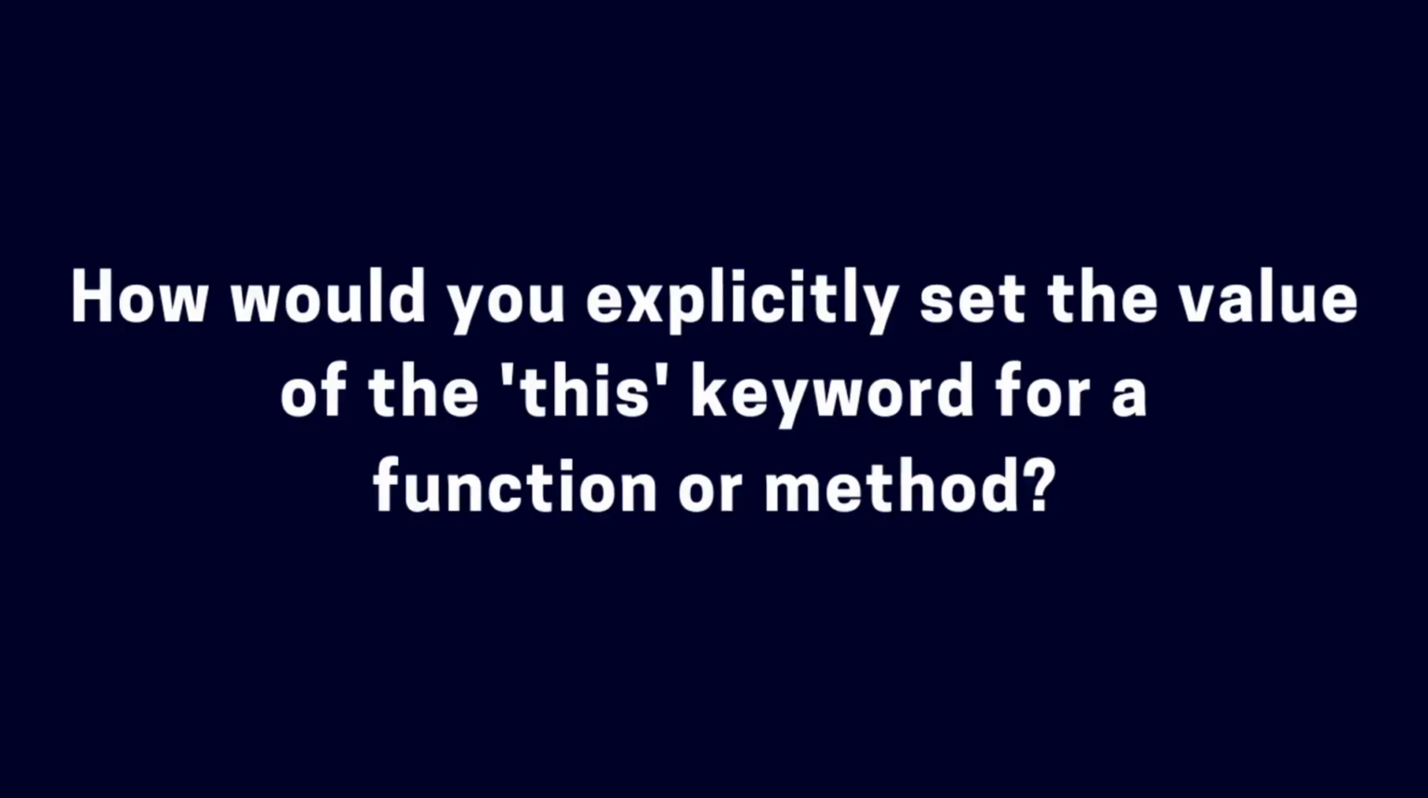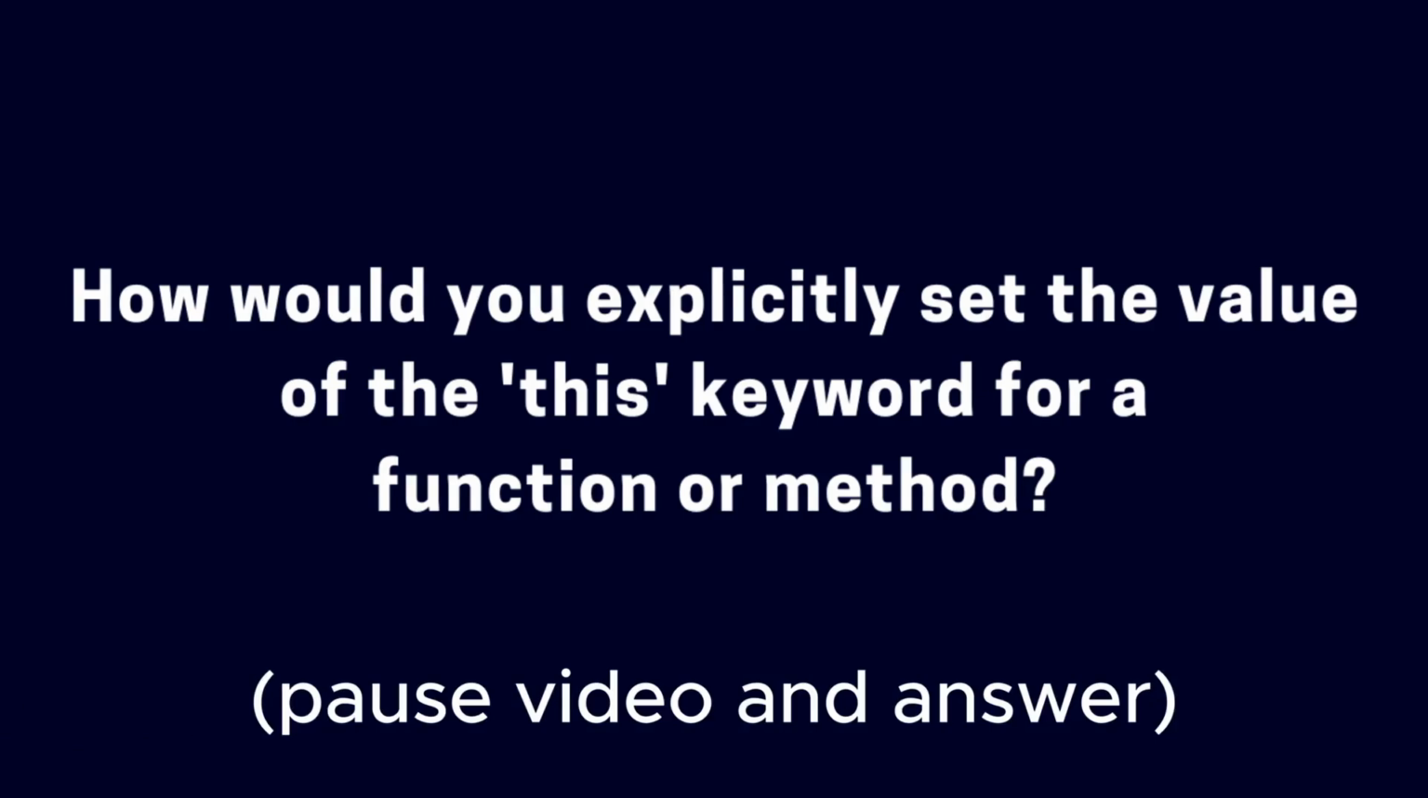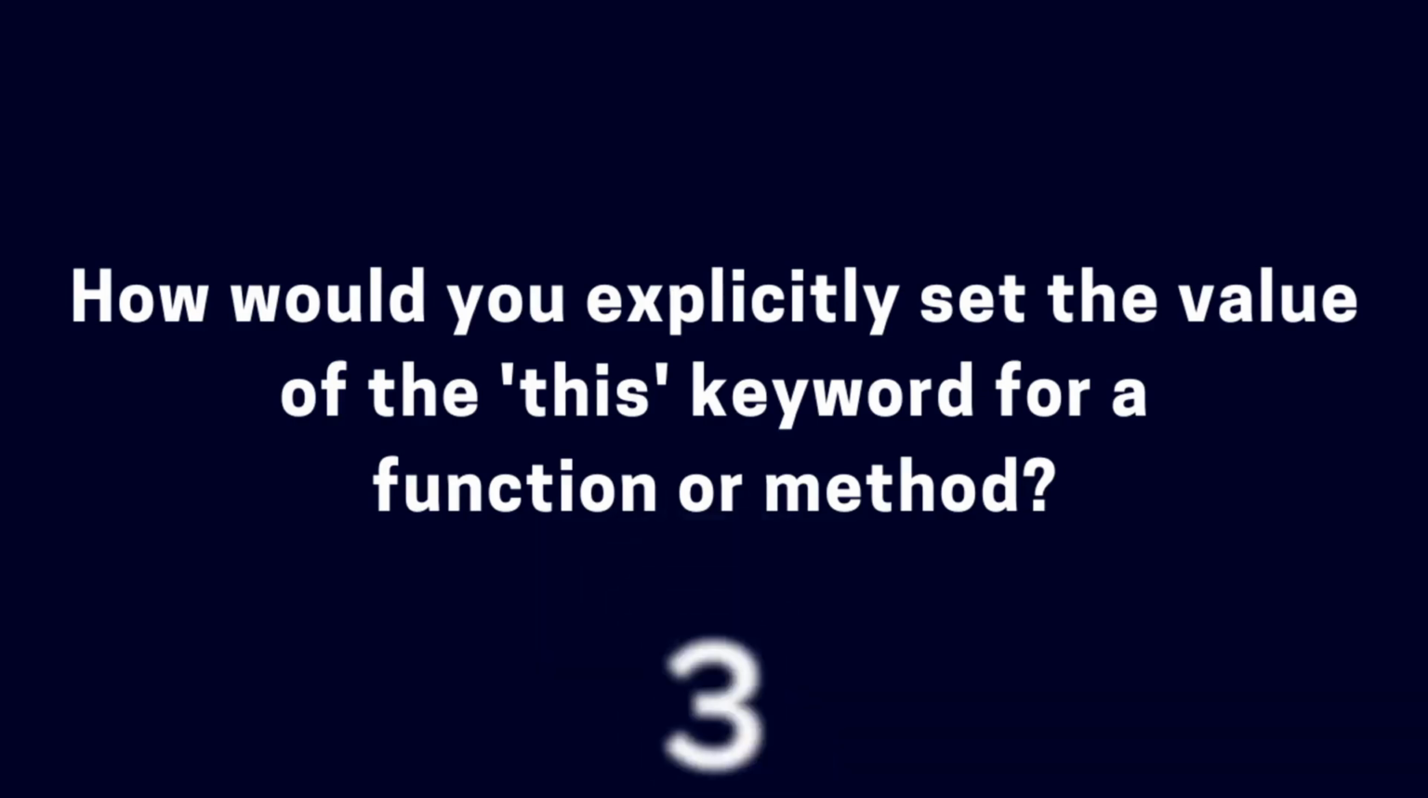How would you explicitly set the value of the this keyword for a function or method? In JavaScript, to explicitly set the value of the this keyword for a function, you can use the bind method. The bind method creates a new function that, when called, has its this keyword set to the provided value. This allows you to call a function with this set to a specific object, even if the function is defined